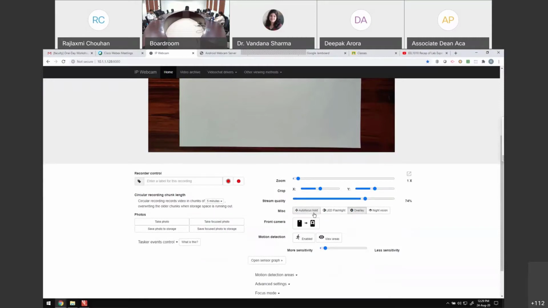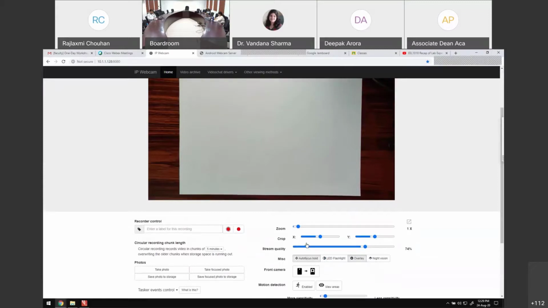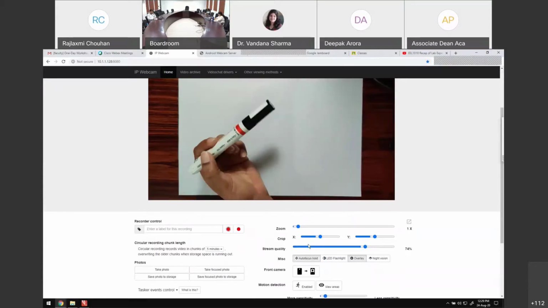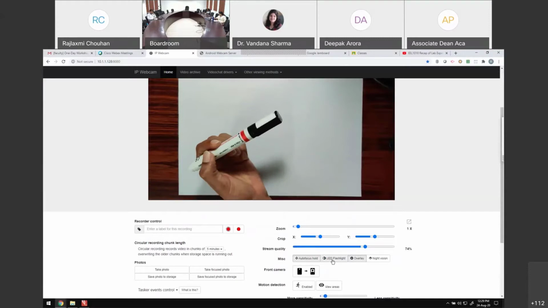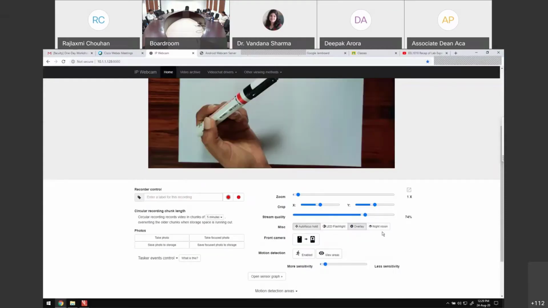Say light, it's not focusing, right? So you can select an autofocus hold. So it is going to hold the focus. From here itself, you can turn on the LED flashlight of your phone. You can turn it off. You have other options like night vision. You want to use front camera, back camera, those options are there.